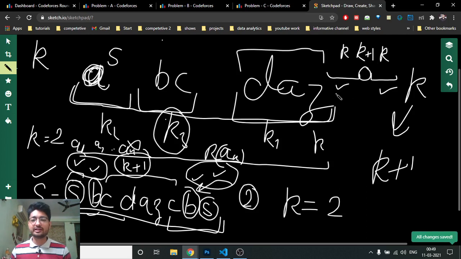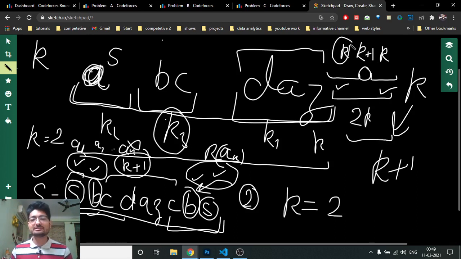If the string given to you is of length 2k or less than 2k, then the string is smaller and k is larger. I hope you get the point. So you want to divide them out. But if the string length is equal to 2k, then okay, this is palindromic, but as you can see, there is no string left in the middle for the k+1 string. I hope you get the point. So you also have to take care of that case. So that's the whole problem solution.